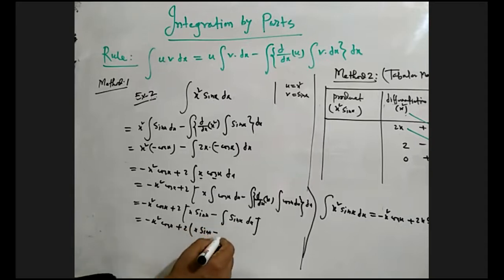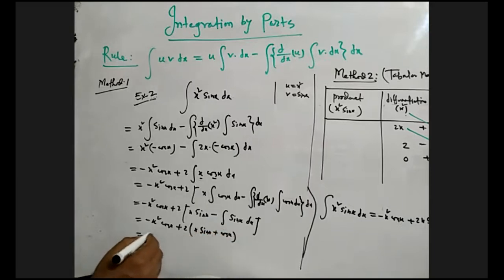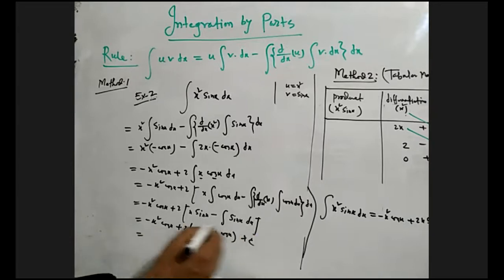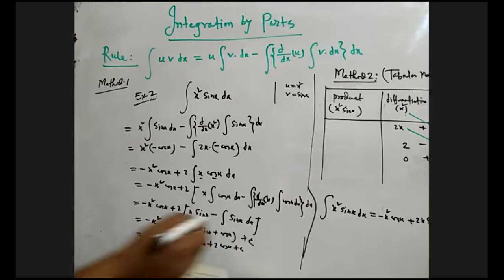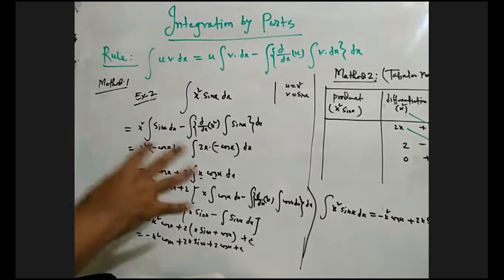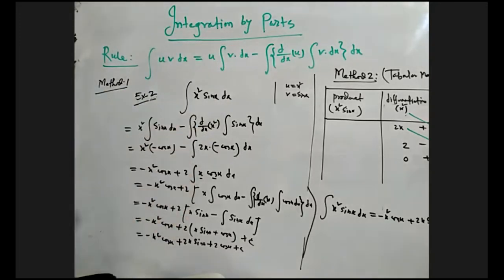This integration what will be? Sin x integration what? Minus cos x. Okay. Minus minus plus cos x. So this is the plus c we have to use. Minus x square cos x plus twice x sin x plus 2 cos x plus c. Very easy method. So just by using the rule, we can write this one,